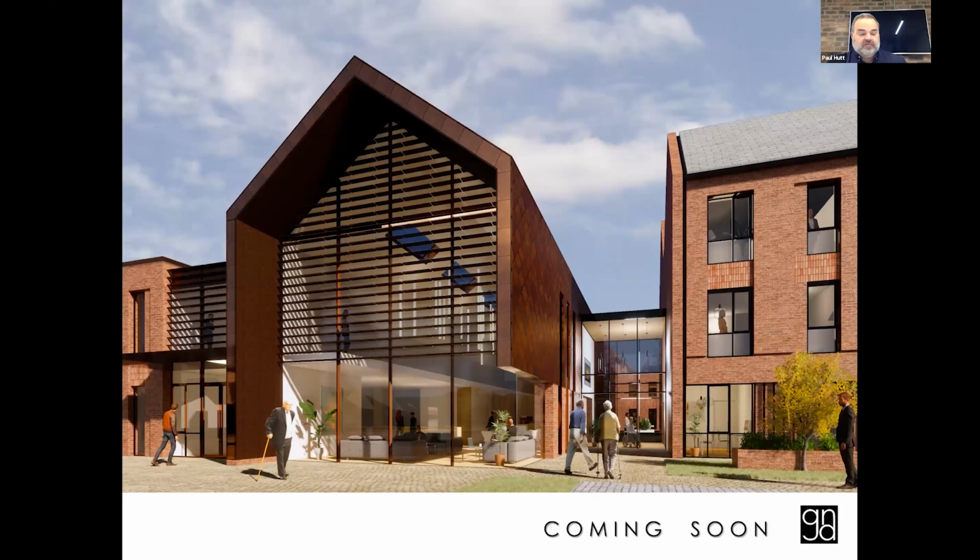And then just to finish off this evening, our presentation, this is coming soon, as they say, to an area near you. This is our current development with Derbyshire County Council again. This is in Bentley Avenue in Ilkeston. It formally started on site today, following some enabling works over the last 6 to 8 weeks. And this will provide 40 single occupancy ensuite bedrooms within the first phase, and is scheduled to hand over in autumn 2022, with a further phase 2 set to follow to provide 66 extra care apartments and 18 two-bed